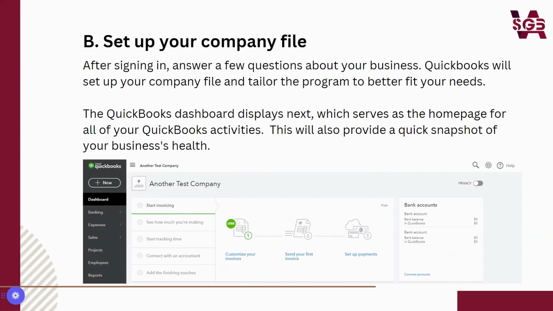Once you set up or once you sign in on your account, all you have to do is set up your company file. After signing in, you will be asked several questions, and these questions asked by QuickBooks will set up your company file and tailor the program to better fit your needs, because